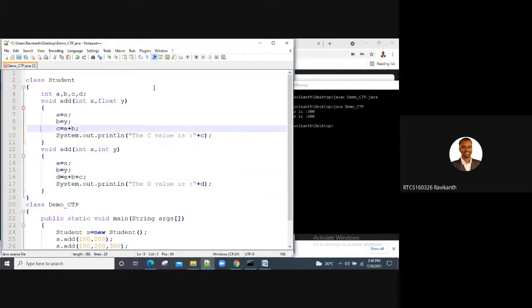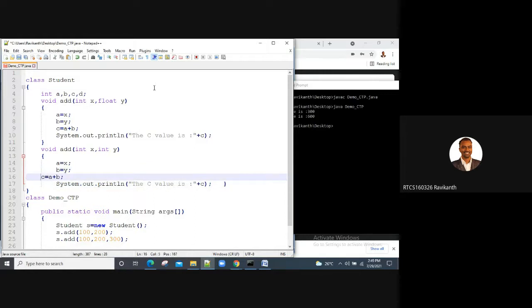Again, c equal to, just observe the changes. Just a minute. Okay, I'm only using ABC, right?